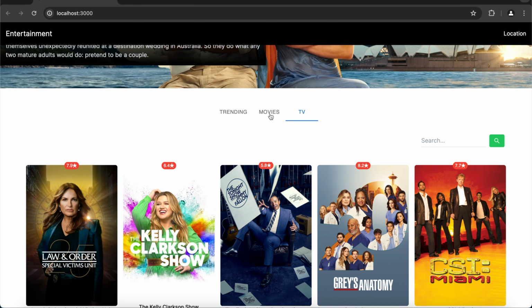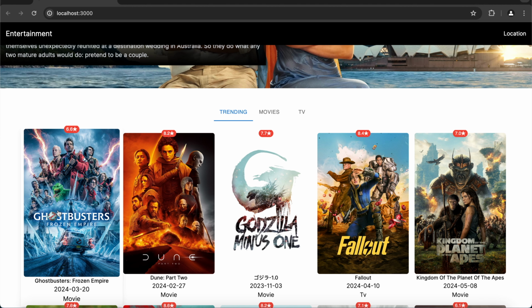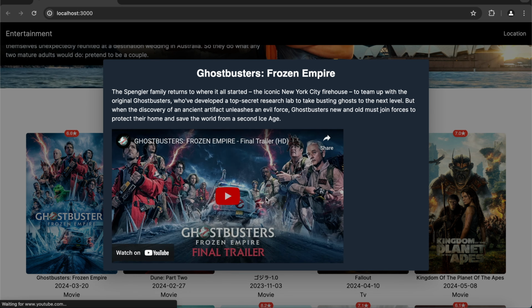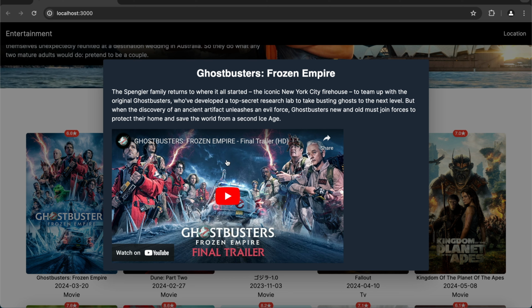So let's go back to trending. For example, here we have Ghostbusters. If I click on this, because as you can see, there's a hover animation, if I click on it, it gives you the name, it gives you the full description. And now what's so cool about this is if I click on this play icon here, it shows us the